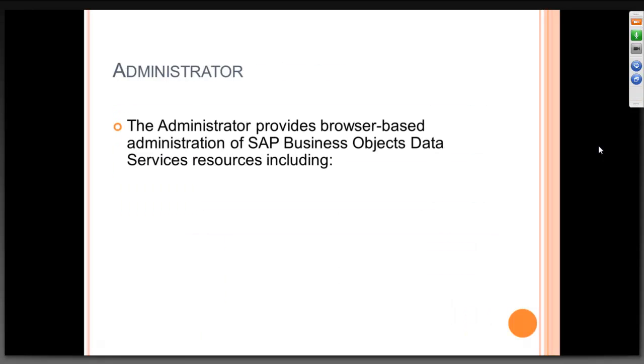So administrator, here comes the important guy. Till now I told you what components you are using. It refers to the designer module, but who will give you access to see all this? He is the administrator. He is the doorkeeper. Without him, you are going to mess up the entire local repository, central repository, and also your project. So administrator provides browser-based administration of SAP Business Objects Data Services